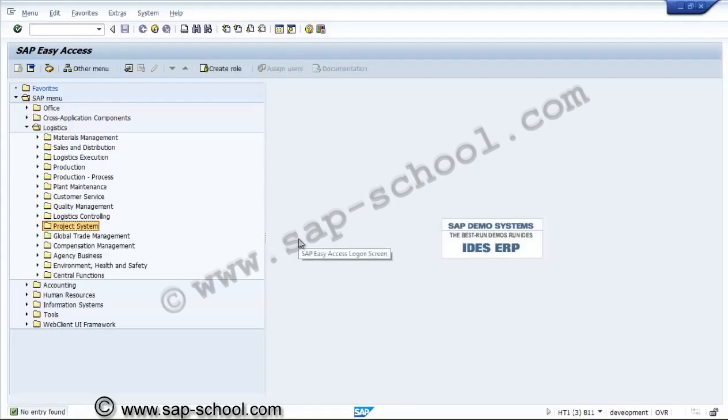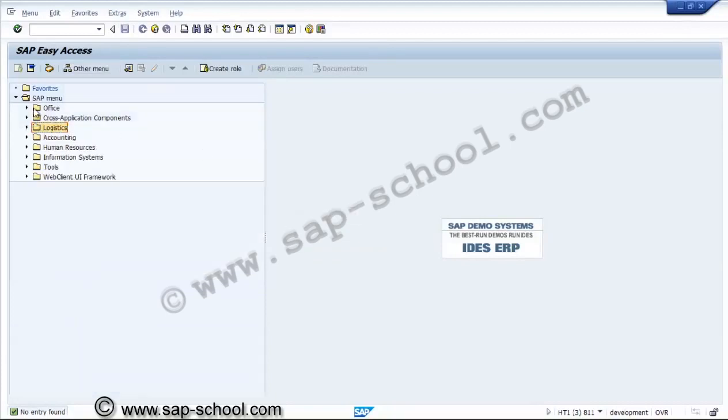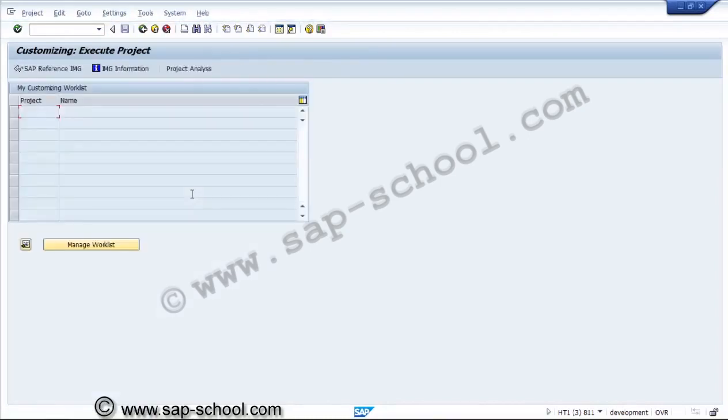Now we'll see about Proman. Before executing the transaction, we'll see the prerequisites of the customizing settings. So we'll go to SPRO and the customizing guide. Here, project system.